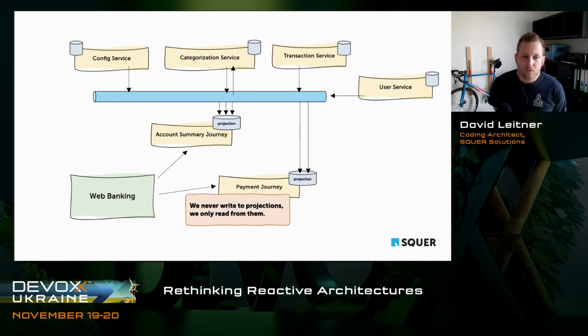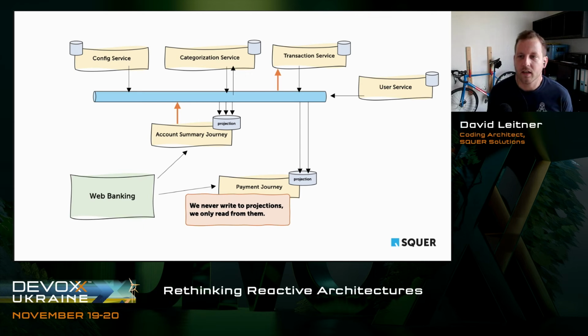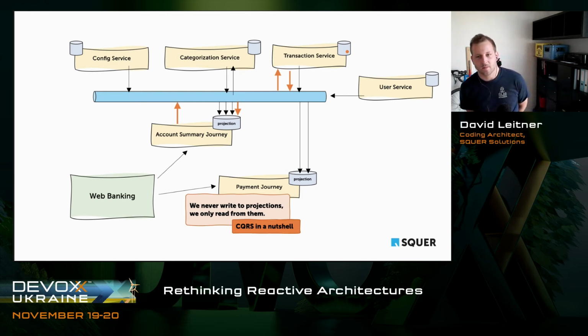So we never write to projections. When a new payment gets triggered, we never go directly and write to them, but we always go up to the event stream and say, hey, let's assume this is a new payment event. It gets published to the event stream, and then basically it's picked up by the transaction service. It stores this information, says, hey, cool, got your payment, stored in my database, sends back an event that the payment was successful, and whoever then consumes this basically just stores it in its projection, a new payment which was happening, and saves it there. And when a new request comes, it just reads the data again from the projection. And that's basically CQS in a nutshell, what I just explained to you, right?